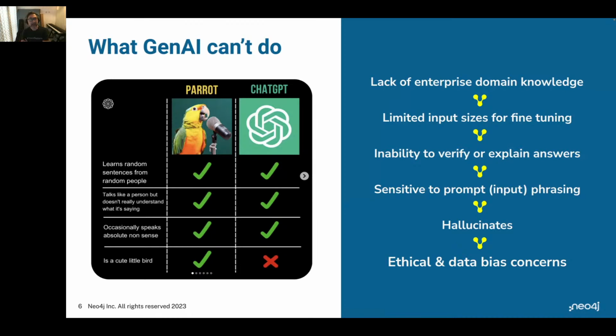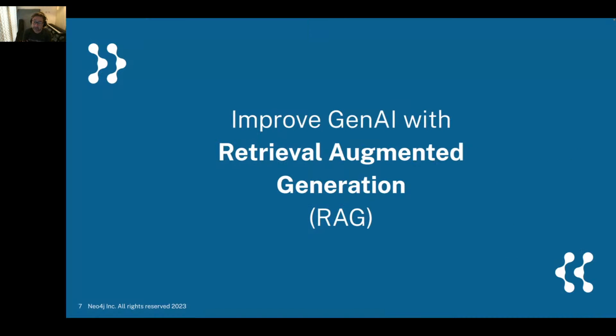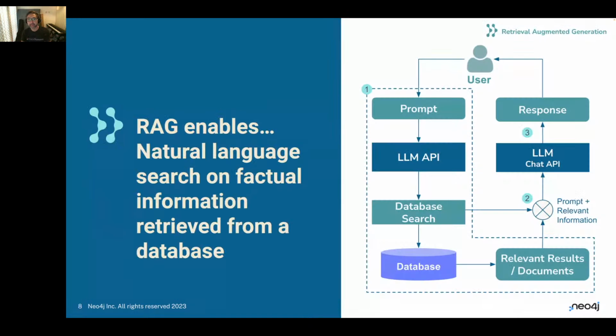And one of the patterns that has emerged pretty quickly, that everyone is really excited about, and I'm sure everybody out there has already heard about, is improving GenAI with retrieval augmented generation, what's known as RAG, of course. And just for a quick review, if you haven't heard about this before, what does all that mean? You've got an LLM, you can type in some questions to it, it gives you some responses,